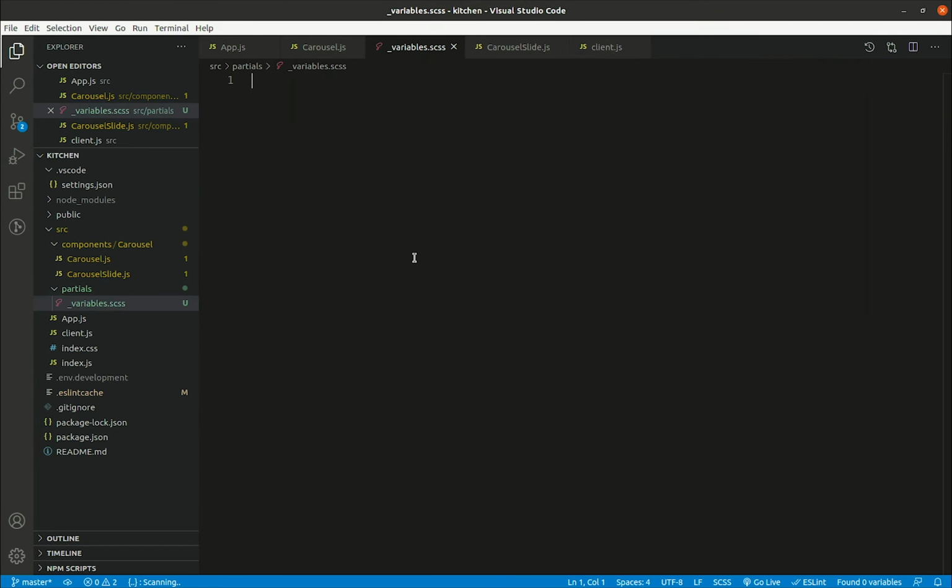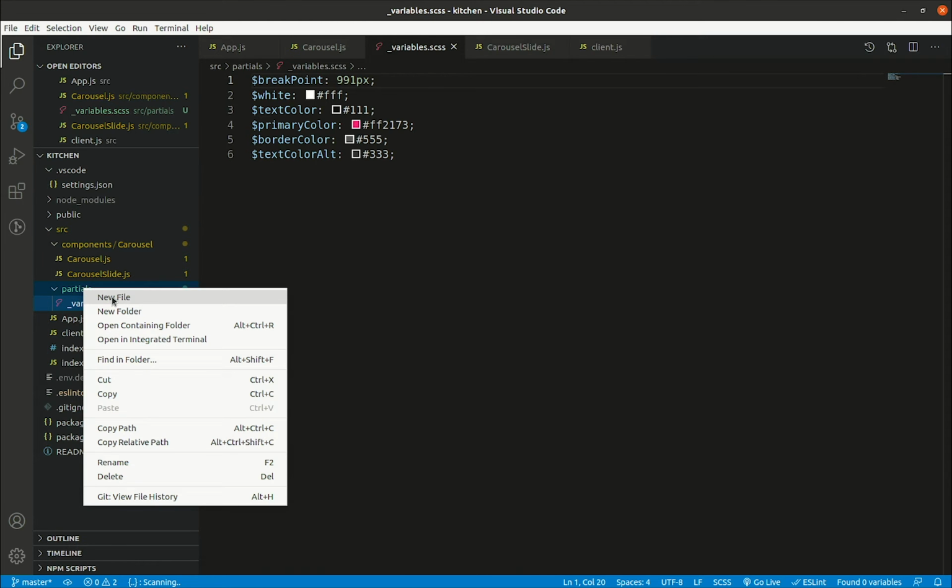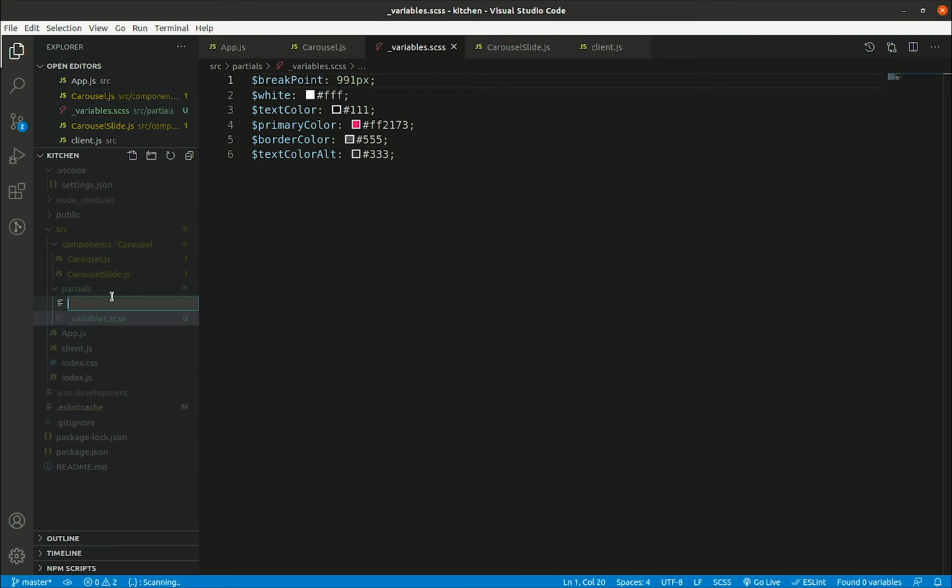I already have defined some variables that I'm going to use for this project. So let me just copy and paste those. So I have the variables defined for some colors, and there is a breakpoint variable. I'll save this file here, and then I'm going to create another file, and this time I'm going to call it